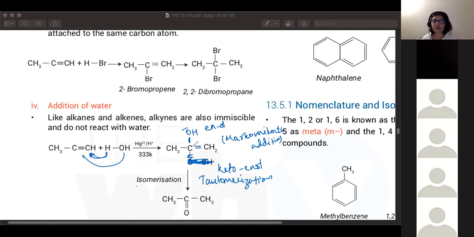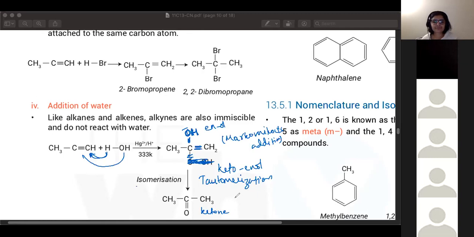You've got a double bond also, because when you add to the triple bond, only one bond breaks, and you've got an OH group added to it. Enols are unstable. A more stable form is for this molecule to rearrange itself as a ketone. That's because of the electron displacement effects, right? So this will immediately tautomerize itself to a ketone.